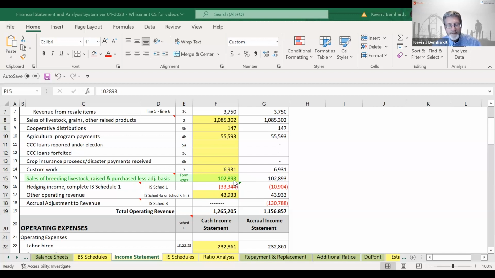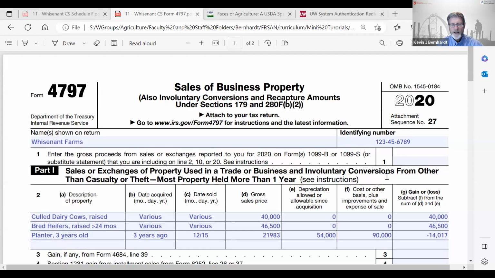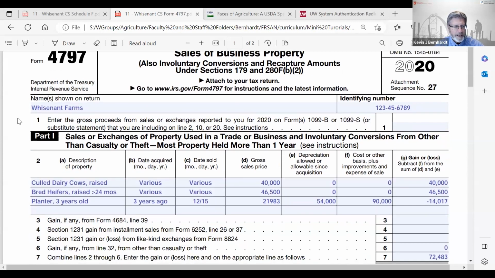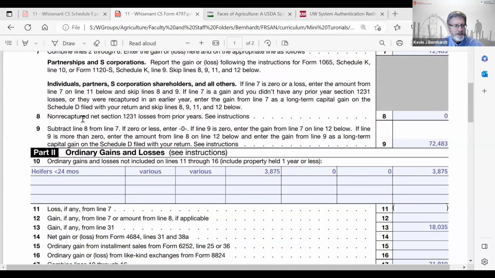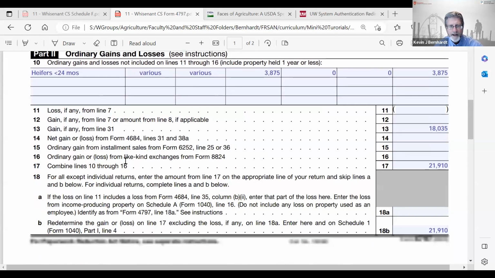Or if we didn't, we could go to Form 4797 and see what it is there. So let's do that. Let's go to Form 4797. Okay, here's your Form 4797, sale of business property. And if we went back to the slide and looked at the wording of how to find the value that we put in the income statement, it starts with Part 1. So here's Part 1, and a little bit down the page is Part 2, and then on a second page